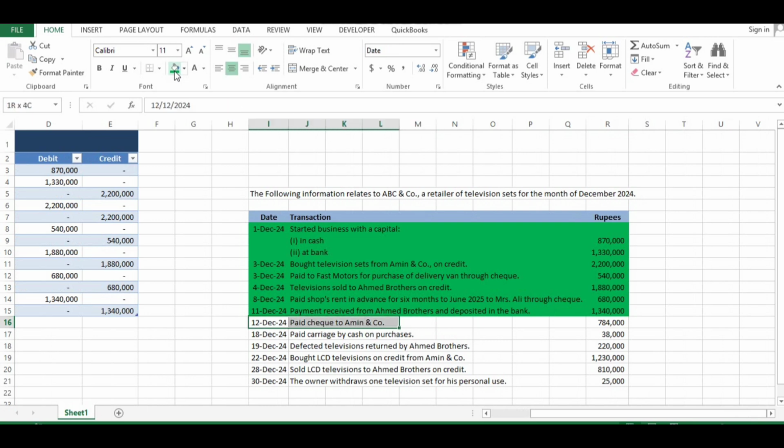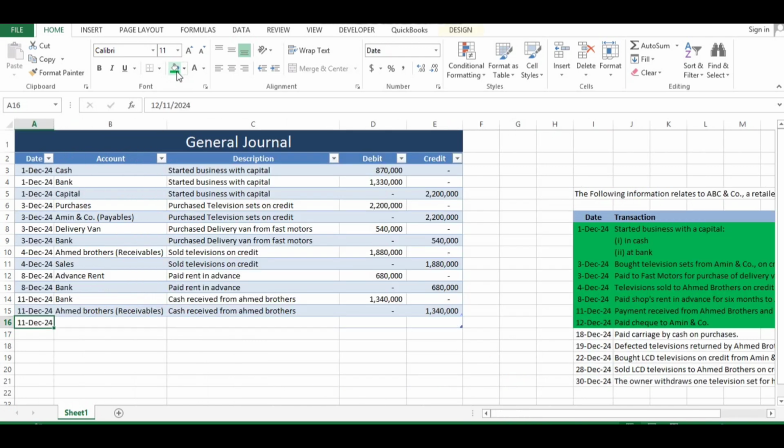Amin & Co, we bought televisions from Amin & Co on credit. They are our suppliers, our creditors. So Amin & Co, we have paid check, paid through bank. So 12th December, our creditors will be debited, Amin & Co, right? Paid to